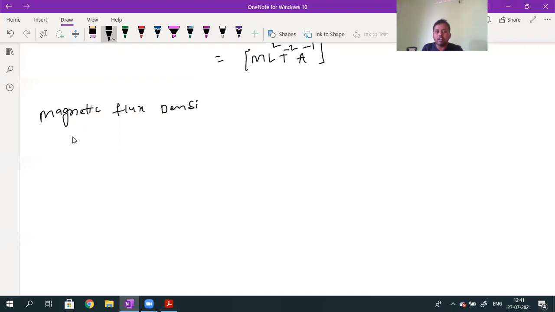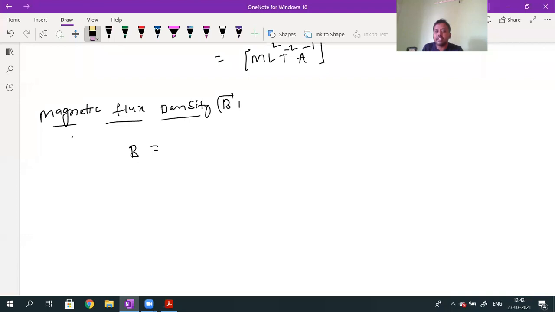Magnetic flux density, or magnetic field induction vector, is also nothing but B bar. How can we define the B bar in terms of the flux? Actually, the B bar magnetic field strength will depend upon the number of magnetic field lines. Even B bar can also be measured in terms of magnetic flux. Magnetic flux density or magnetic field induction can also be defined as the flux per unit area.